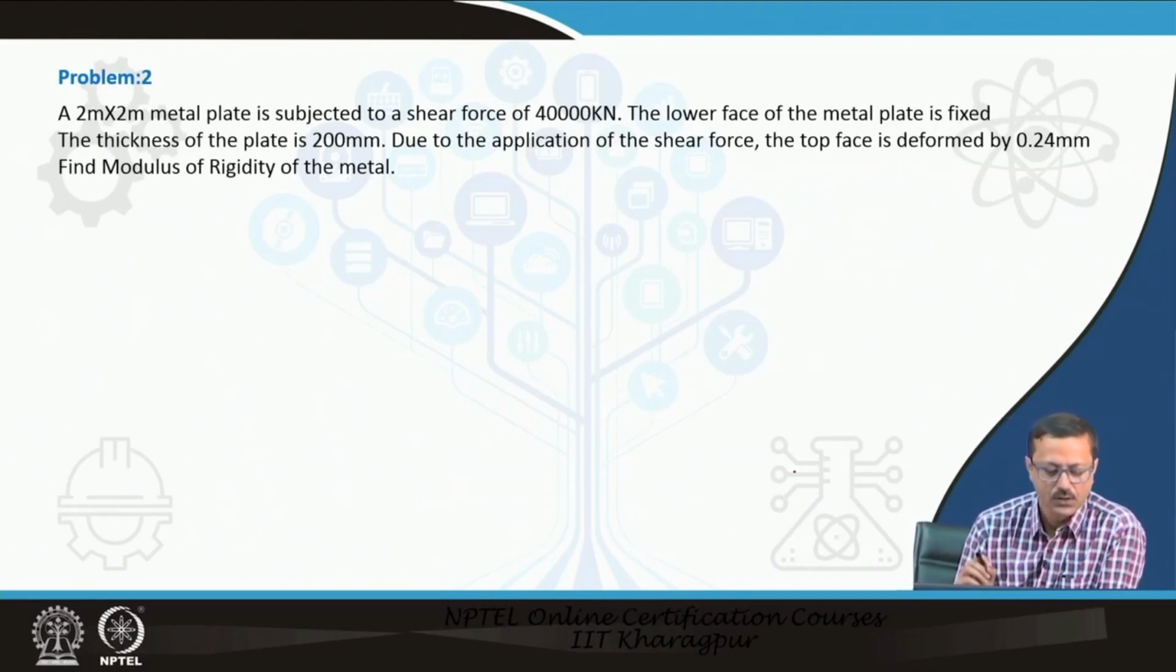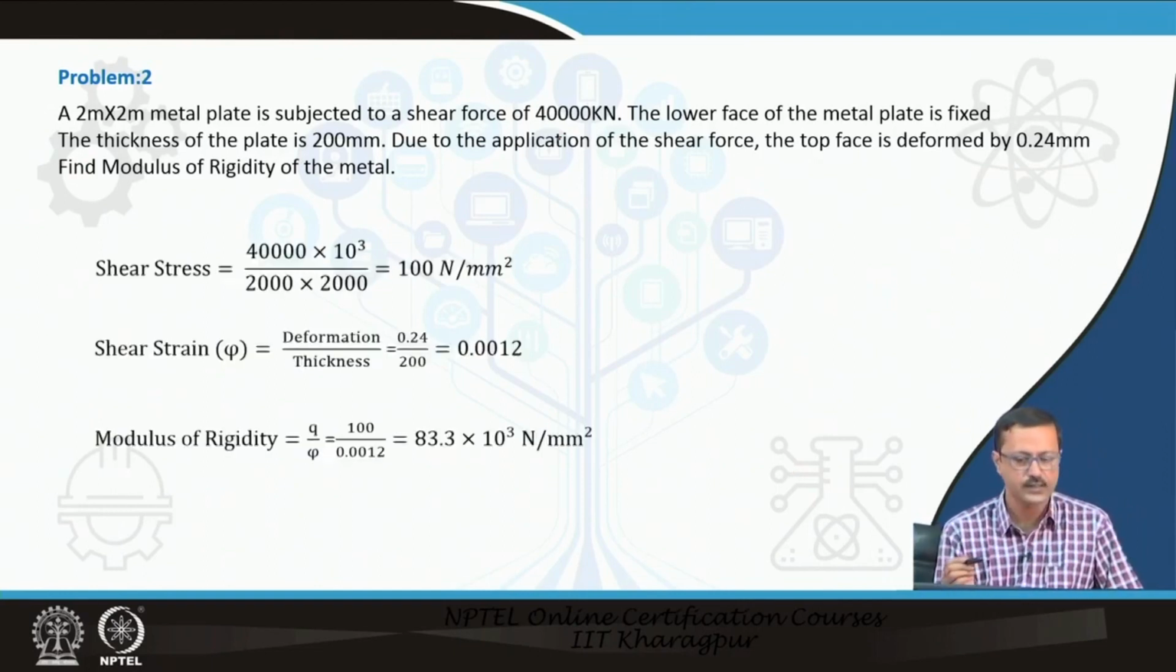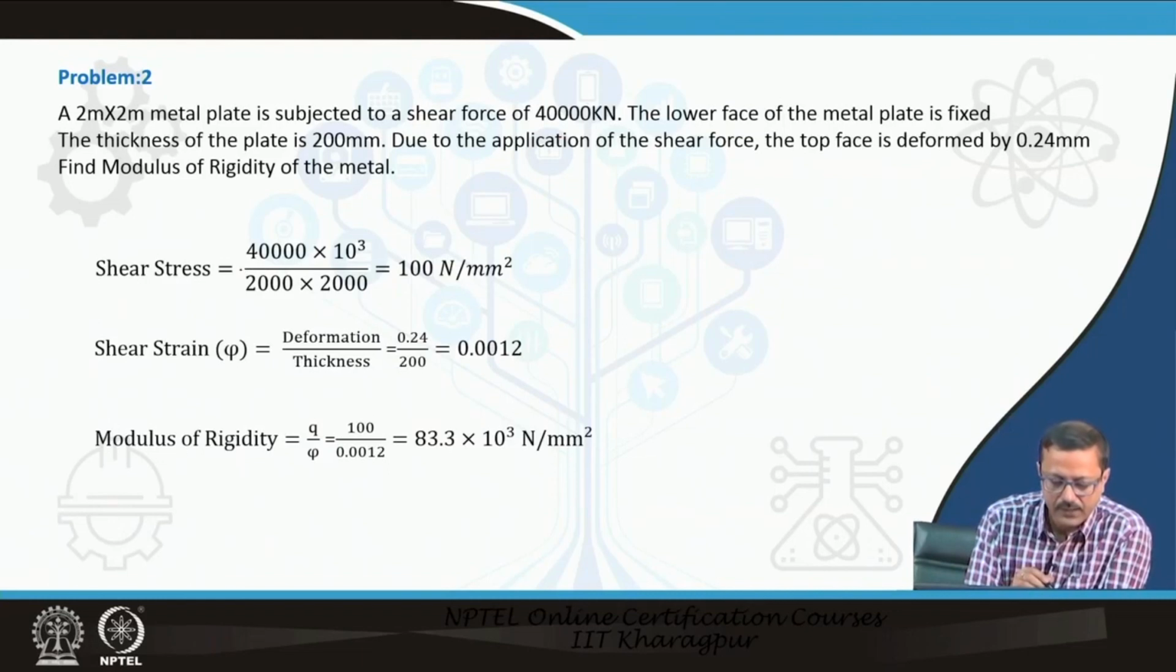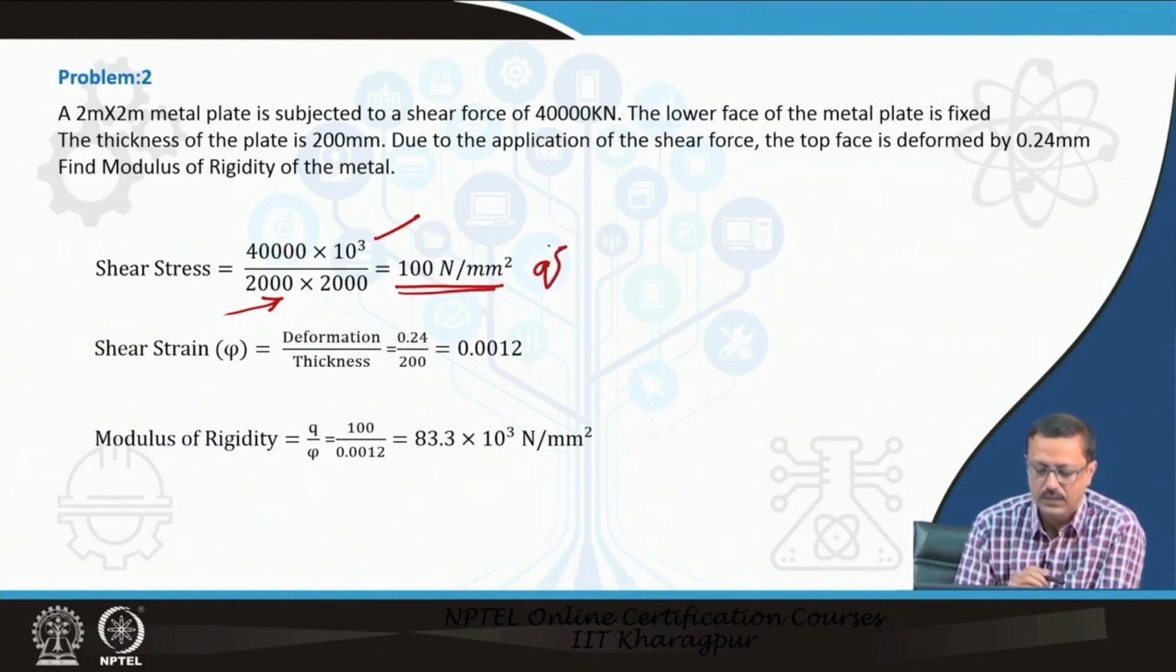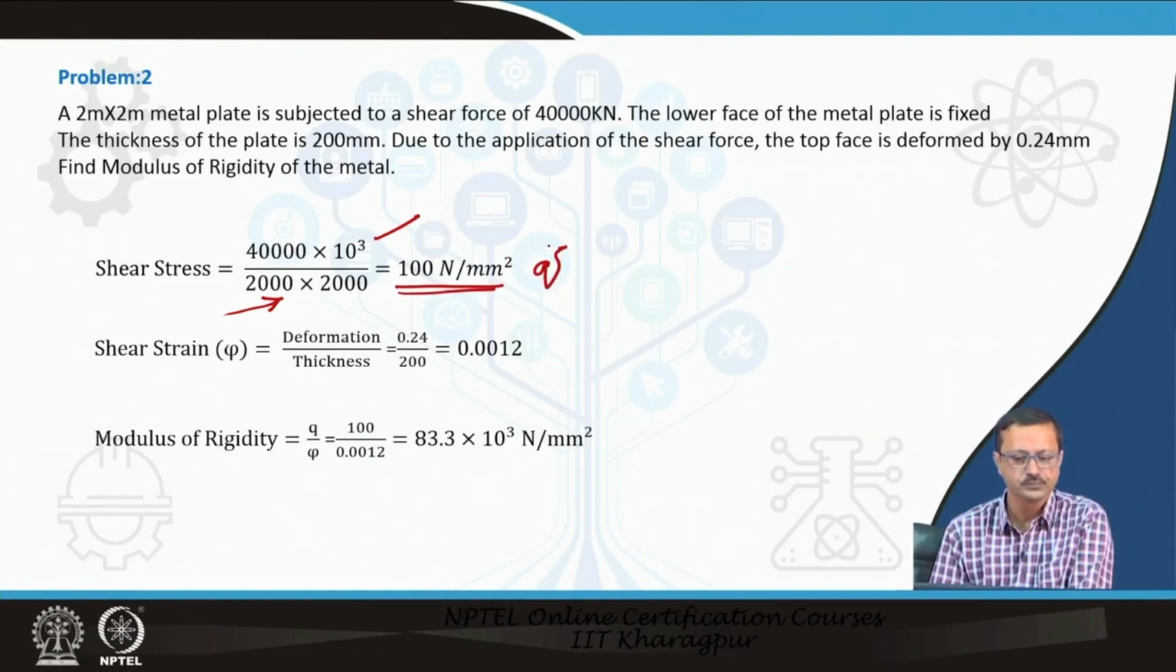where we can have a small numerical problem to explain the shear stress and the rigidity modulus. So, a 2 meter by 2 meter metal plate is subjected to a huge shear force of 40,000 kilonewton. If 40,000 kilonewton is converted to Newton, and the 2 meter by 2 meter is converted to the area in millimeter square, I can find out that the shear stress Q is 100 Newton per mm square,